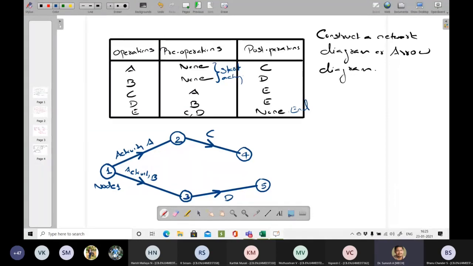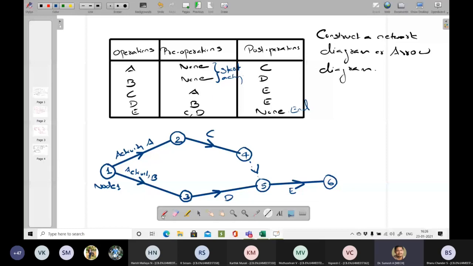This is called the dummy activity. And from node number 5, you can connect to node number 6 for activity E. So this is one option, and this is correct.